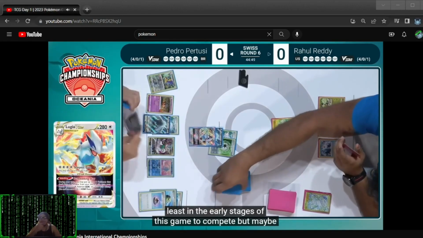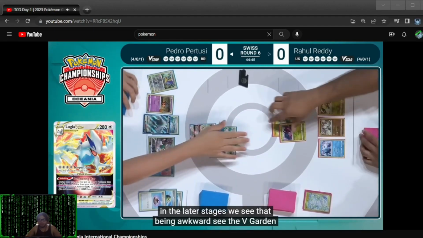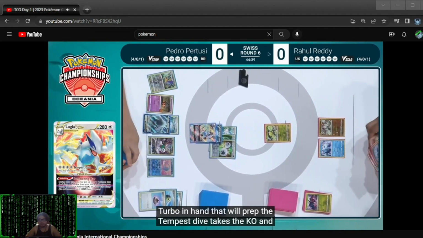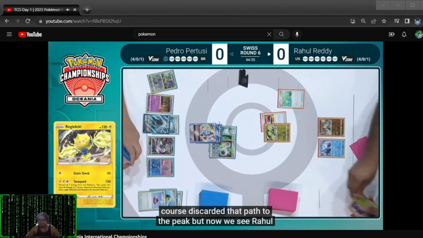You see the V-Guard and the Capture Energy being brought out from that Archeops. Double Turbo in hand. That will prep the Tempest Dive. Takes the KO and does discard the Path to the Peak. The Pumpkaboo, of course, discarded that Path to the Peak, but now we see Rahul sending up this Regieleki and